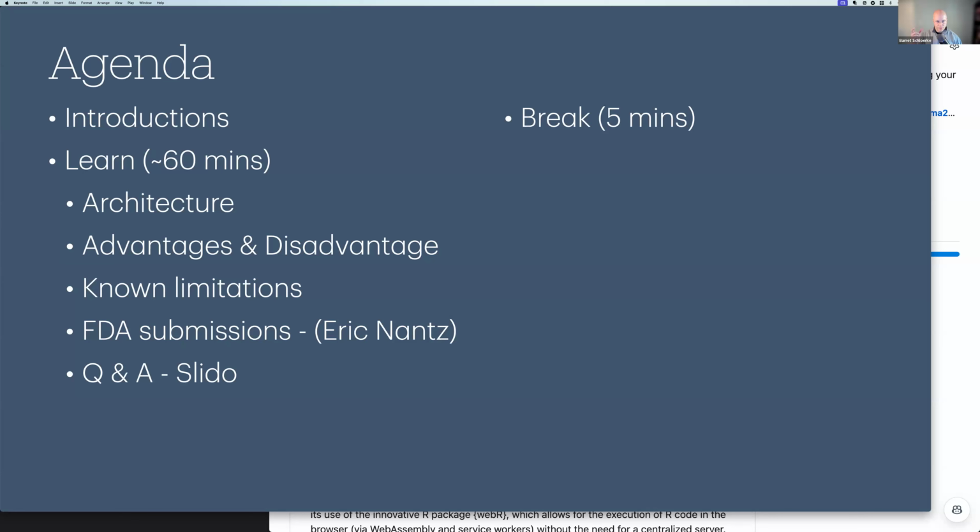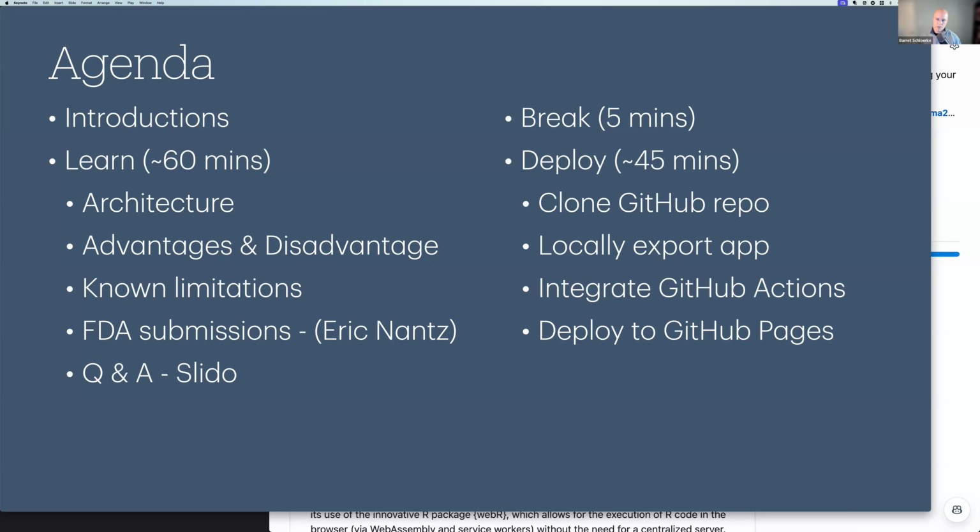And then we'll have a little bit of break because that'll be about an hour in. And then we're going to work on deploying our app to GitHub. And I'm really excited about this because normally when you do this in a classroom, Git says you're DDoSing everything. So doing this in a distributed environment is going to be kind of unique in that we won't hit that limit real quickly. So exciting.